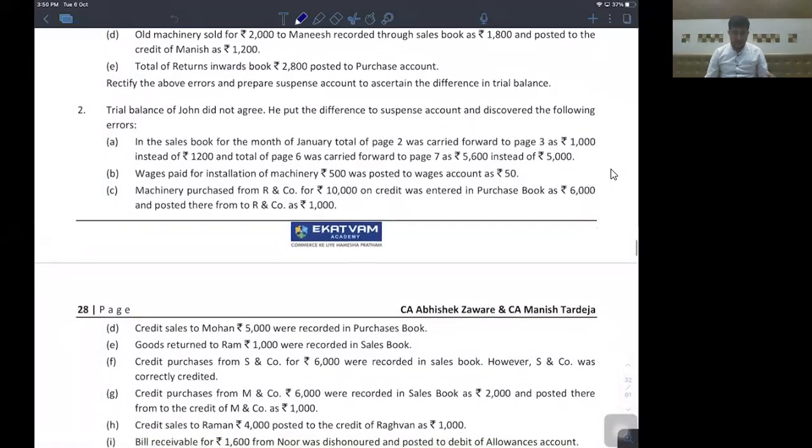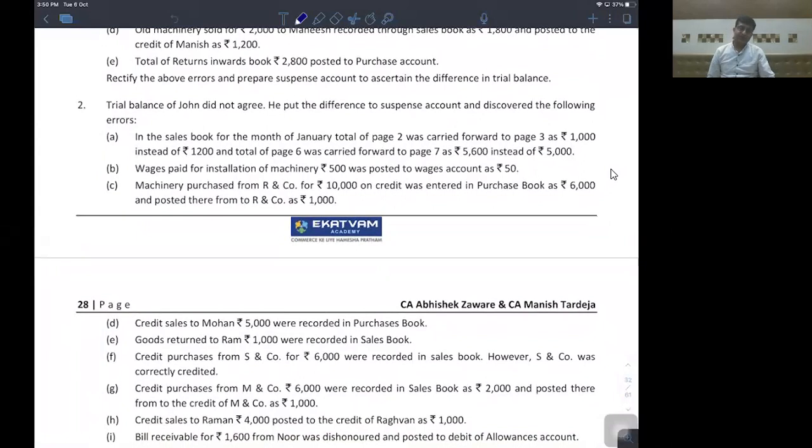The next one, total of return inward book rupees 2800 posted to purchase account. Return inward book is sales return. Sales return book का total हमने sales return account के debit side में post करना चाहिए था, but it is posted to the account of purchase. When nothing has been mentioned, we have to presume this is posted to the correct side or not. So my correct entry should have been sales return account debit to customers account rupees 2800. Wrong entry will be purchase account debit to customers account rupees 2800, and therefore the rectifying entry will be sales return account debit 2800 to purchase account